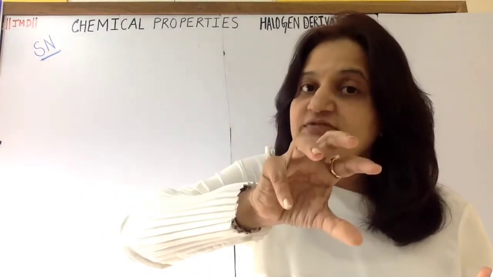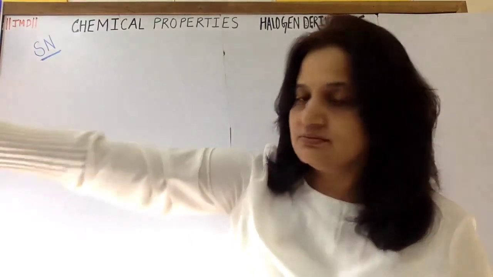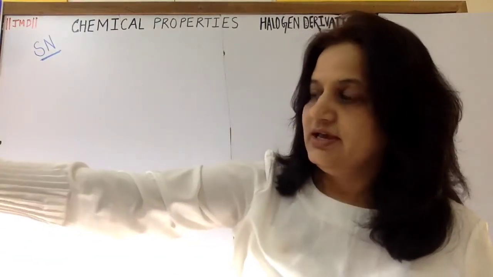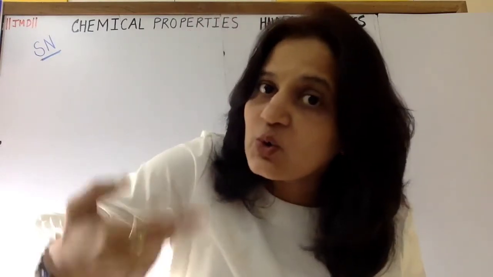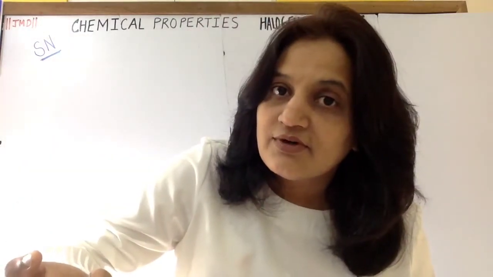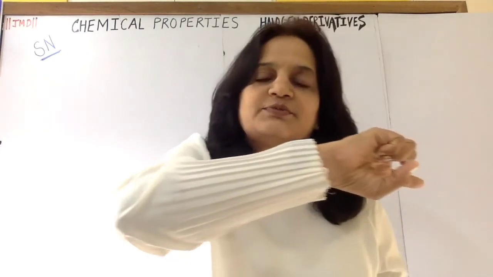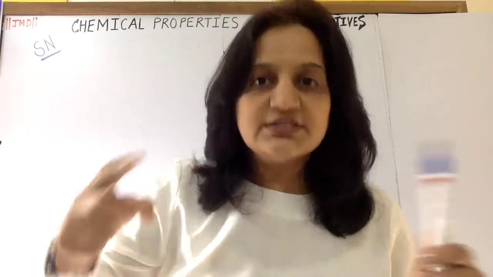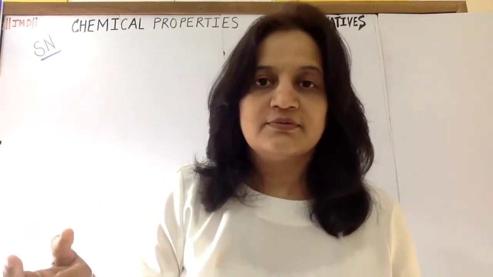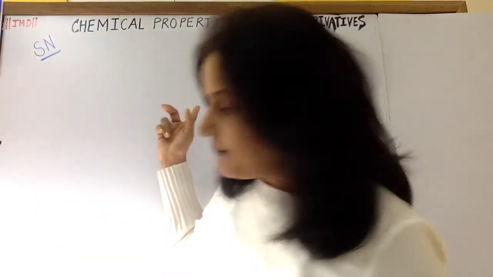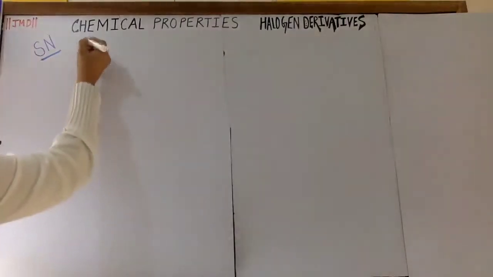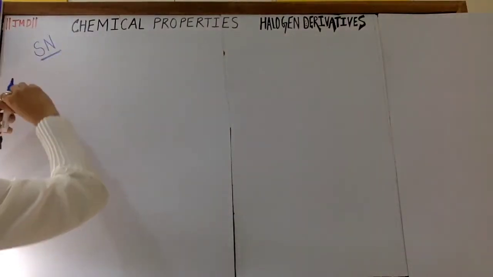Now, the nucleophile which will be removed, which will leave the molecule, is called the leaving group. And larger the leaving group, faster is the substitution. Larger the leaving group, faster is the substitution. So, among halide ions, the order of reactivity will be